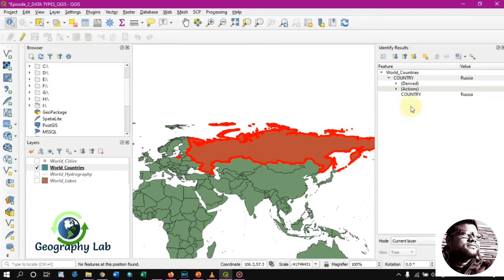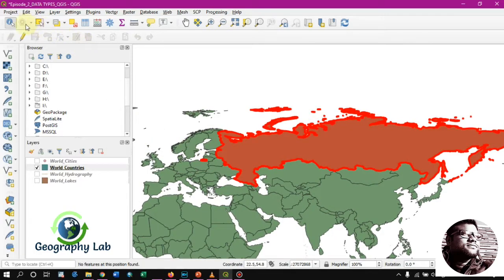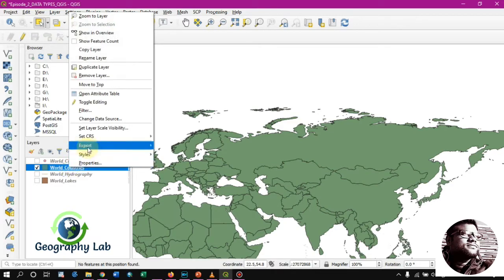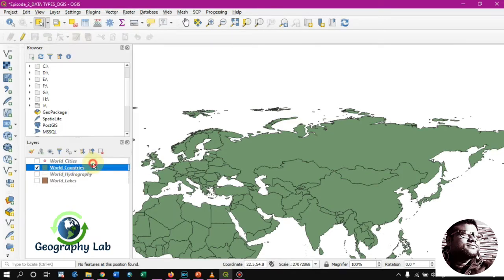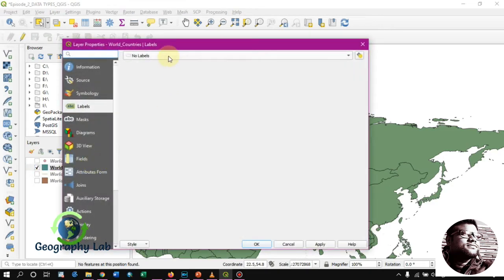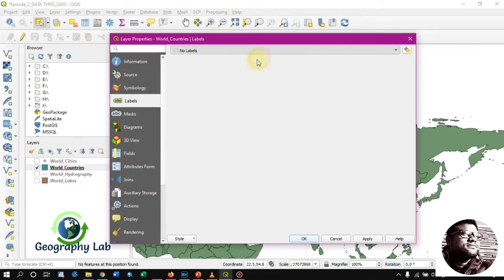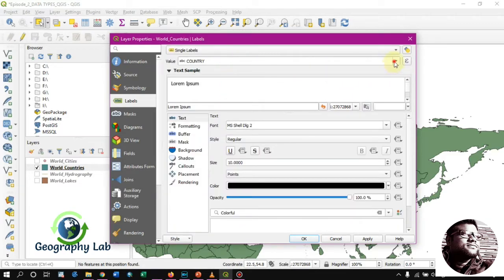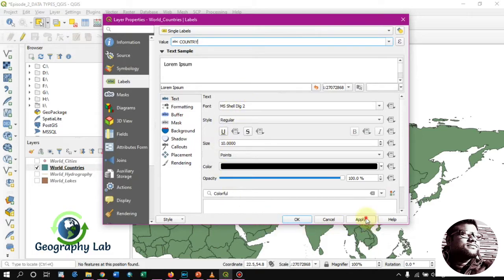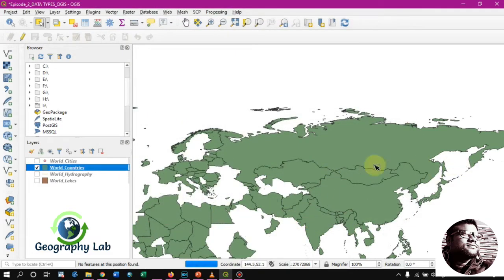Like this is Russia, so you can show the label as the name. For that we have to right click and go to the properties, then go to the label option and select the single labels, and then select which column you want to show as a label, then apply and hit OK.